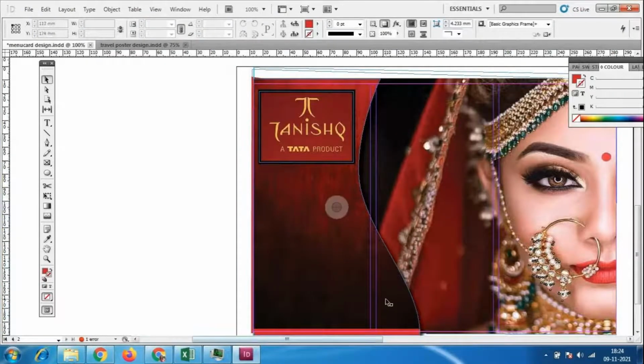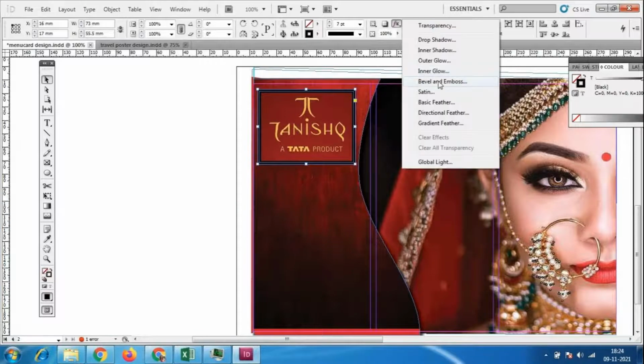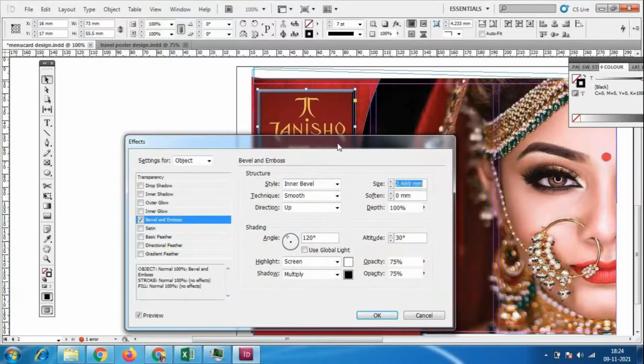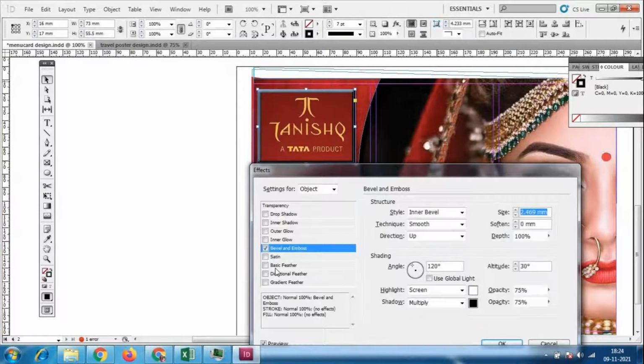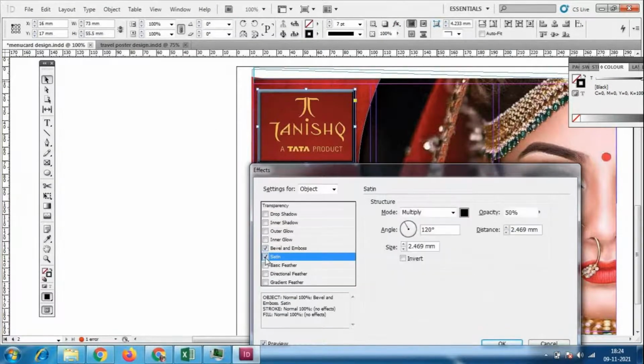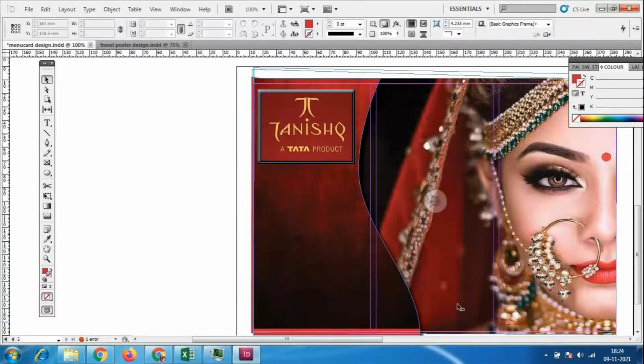Even for this you can select it like this, and we have this effect, bevel and emboss. All these options you will get. If you use it, it will look nice. Okay, let us see. We cannot change the complete logos and all. So inner shadow, emboss options, and pillow emboss, all these options we can use. Okay, outer glow. Okay, so I'll give only this option, to highlight my logo.